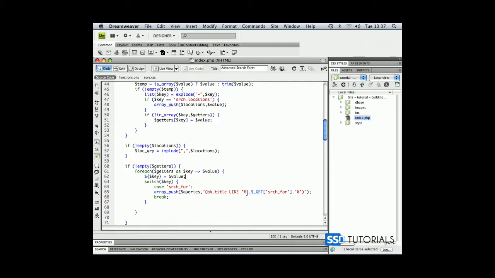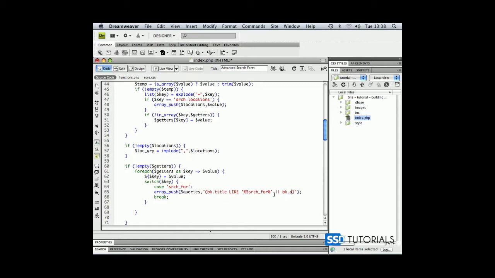And now, rather than doing it this way, all we have to do is remove all these get global variables and simply place our key converted into variable inside of those single quotes. So we've got this bk title like search for, then or